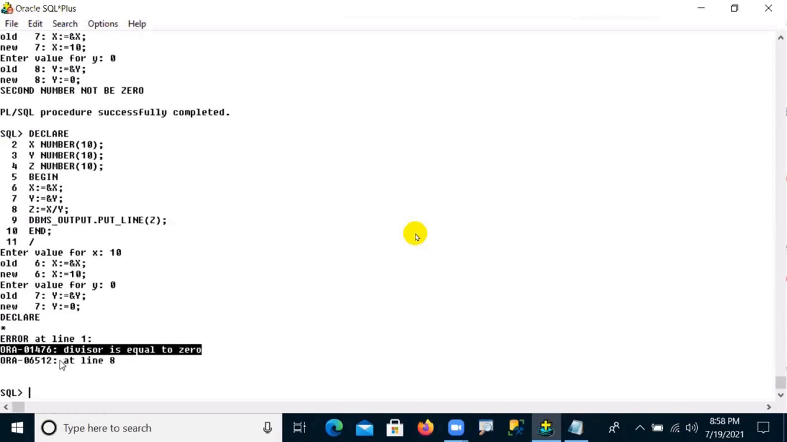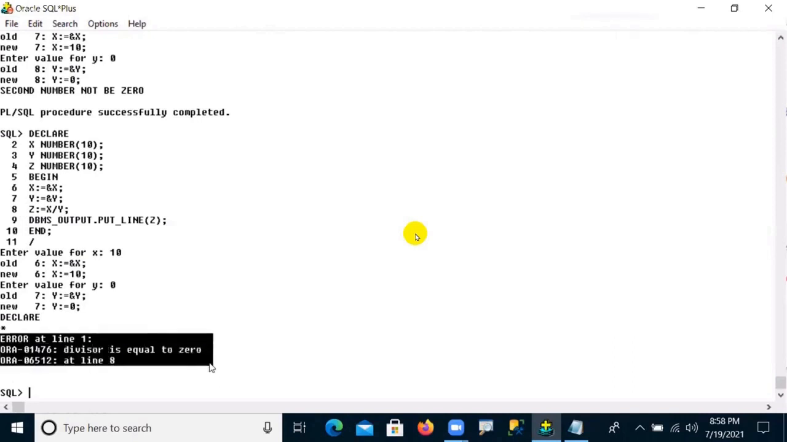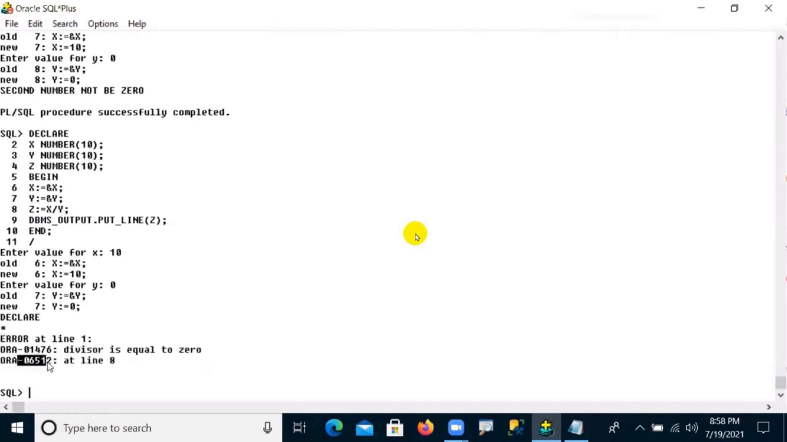And the next one is the line number. So at which line is your exception? Line number 8, this one. So my exception occurred on which line statement? The 8th line statement. That is the internal statement code. Okay, so this is one Oracle format: the line, the exception number, and the exception message. Now, in the same format,